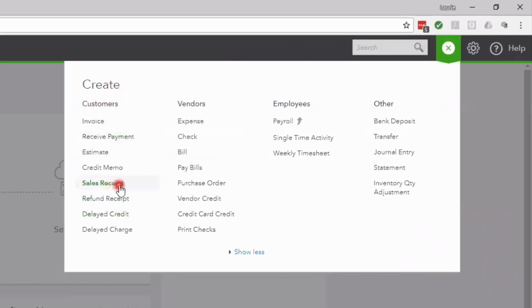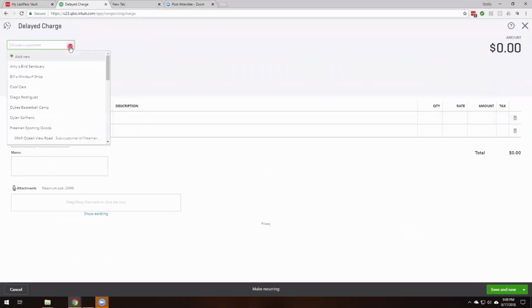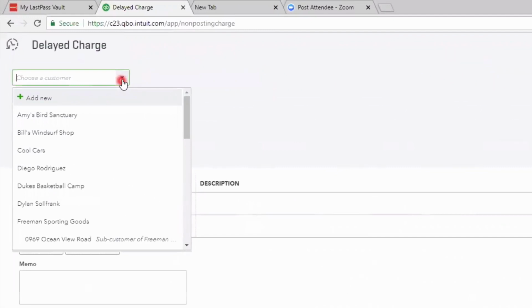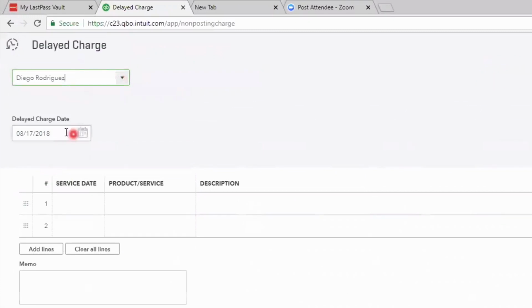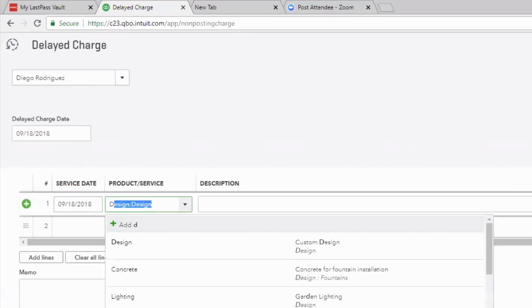So we have a sales receipt, we have a refund receipt. Now let's talk about these two items. They're a bit obscure, but they're worth noting. So I want to talk about the delayed charge. We're going to go in there and create a delayed charge. I'm going to create it for Mr. Rodriguez. Okay, and we have an account with him, and we are putting in our information here for our design services,